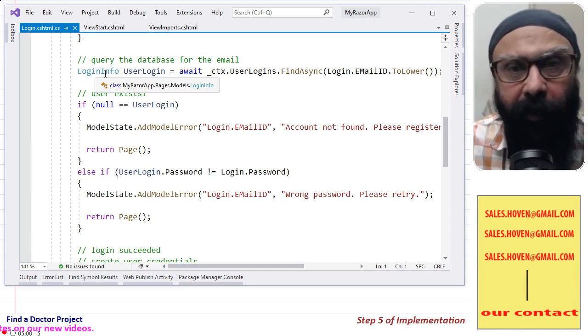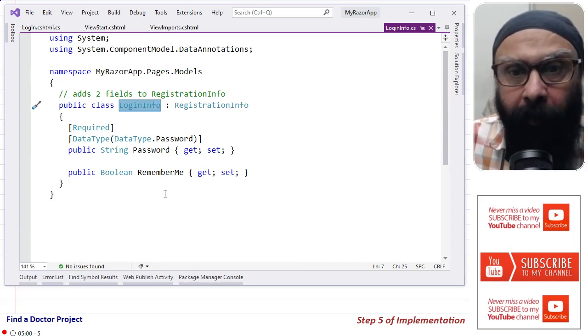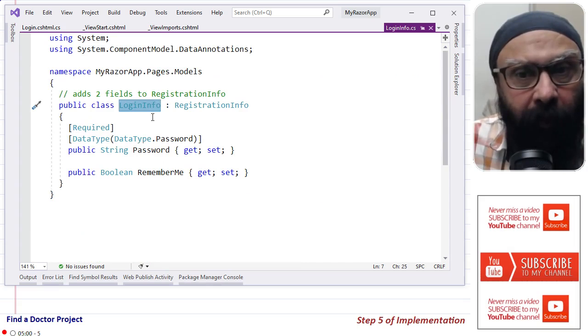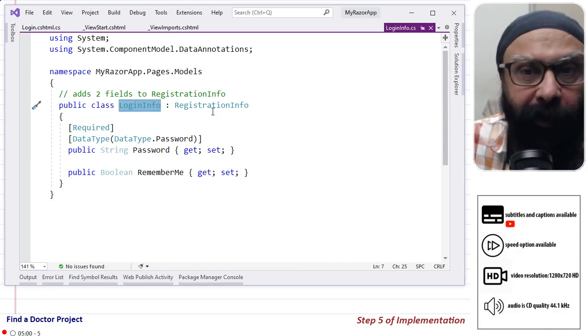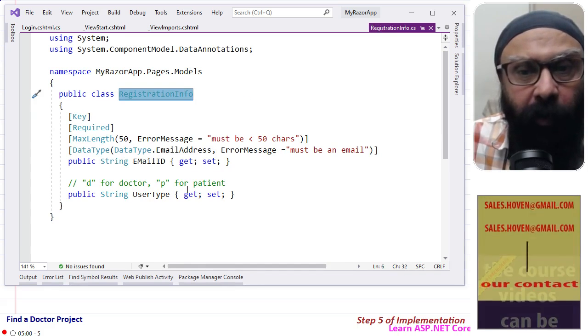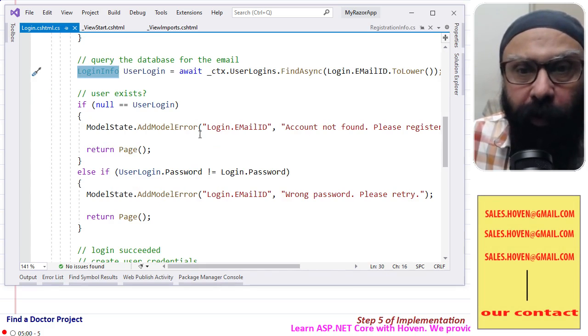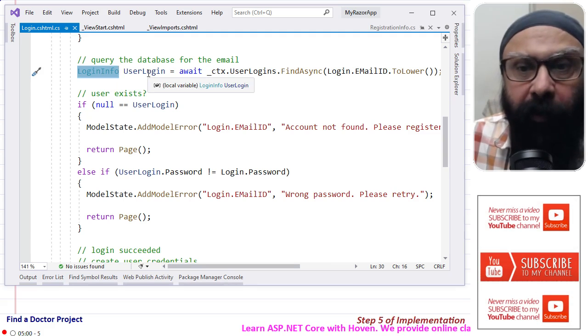Let us have a look at that also so that our doubts don't remain. Password and remember me came with the login info, but login info itself brings registration info, and user type, D for doctor, P for patient, comes ultimately to your user login.